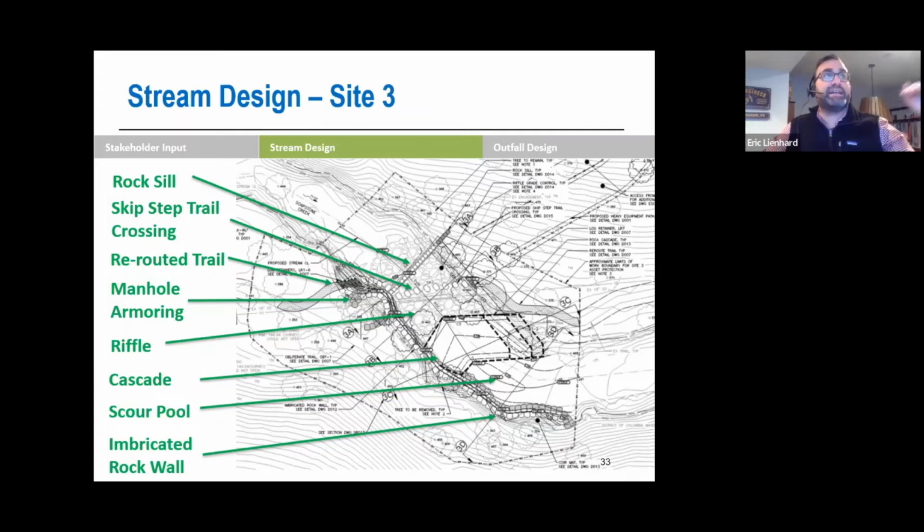This also has a trail connection that we have to make, but this is the one that we have to actually relocate the trail. When we looked at the design and where we needed to put our stream work, we were not able to keep a safe passage where the trail was. So we worked with Park Service to relocate the trail. So the trail right now comes down at the bottom. So there will be a trail relocation, some skipping stones to get across this area before it reconnects to the